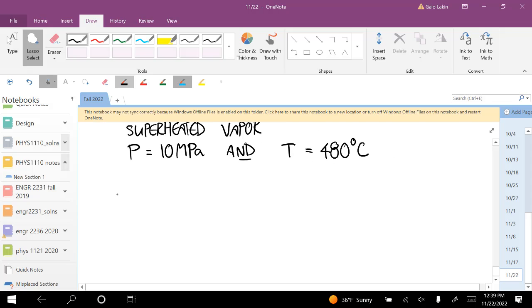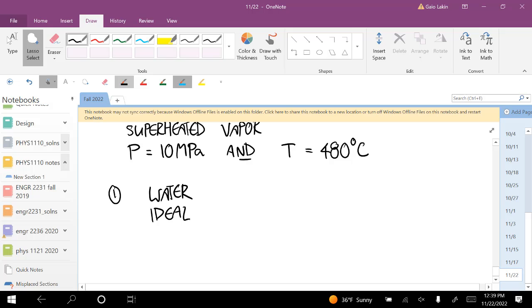Okay, so let's start with number one. So it's a Rankine cycle. The working fluid is water. I think there's only one problem in this whole thing where there's a different working fluid, and it's the refrigerant that we have a table for. Everything else is water. This is an ideal Rankine cycle. So that means that,